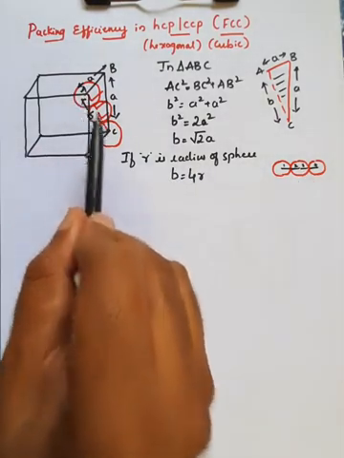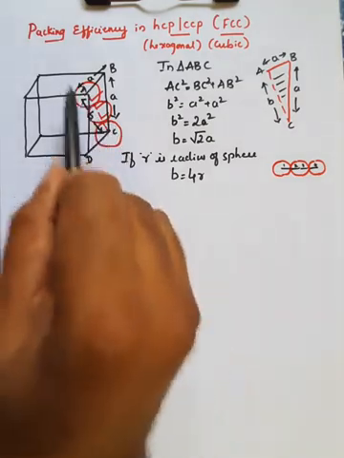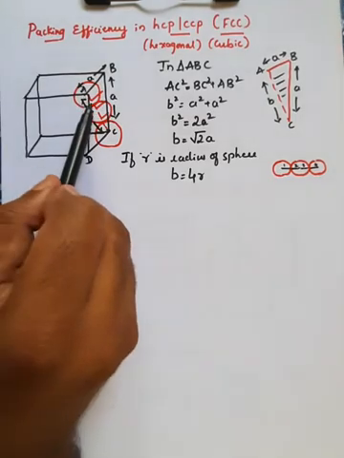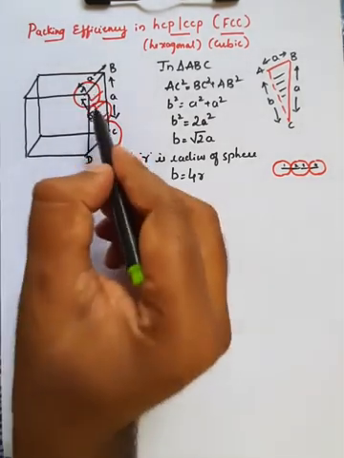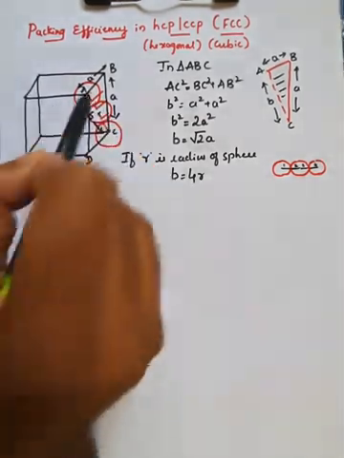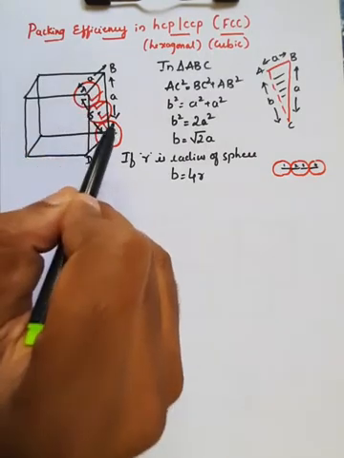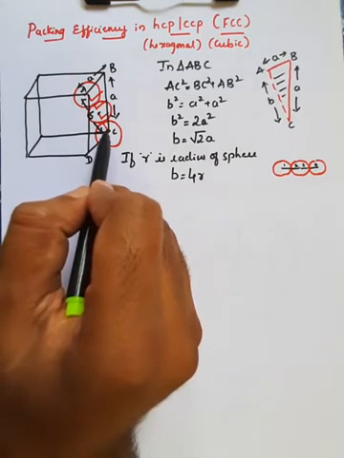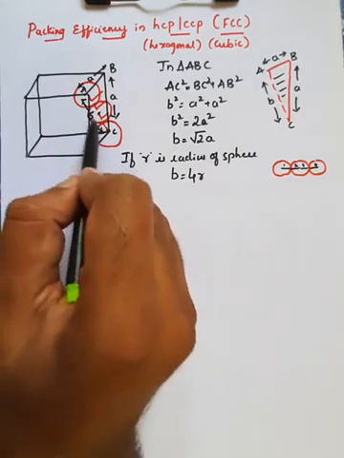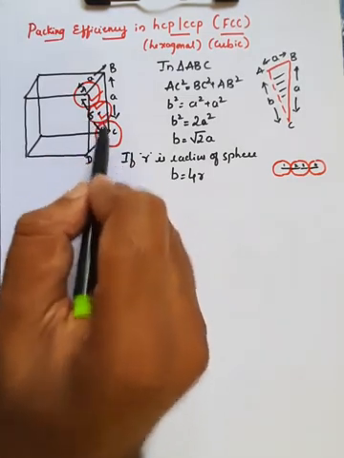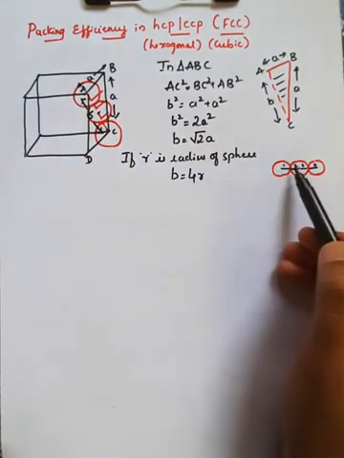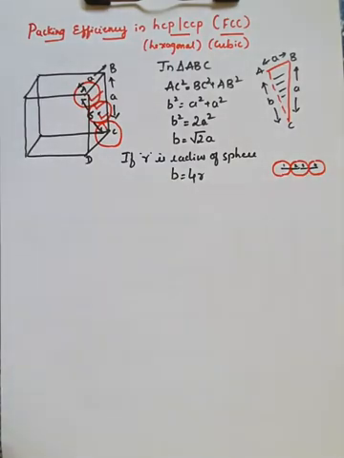There are 3 spheres which are arranged diagonally. If you consider the radius, one circle will have 1 radius, the middle circle will give 2 radius because it is at the center, that is left side 1 radius and right side 1 radius. Similarly from C also you will get 1 radius because it is connected from the edge of the middle sphere. So 1, 2, 3 and 4, that I have drawn here. Therefore B can be taken as 4r, right?